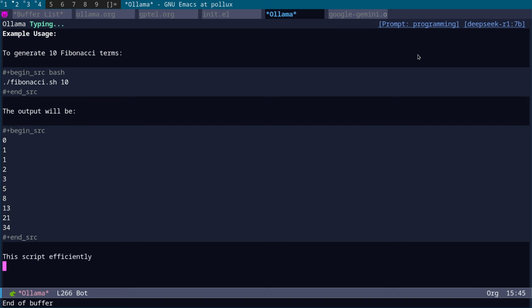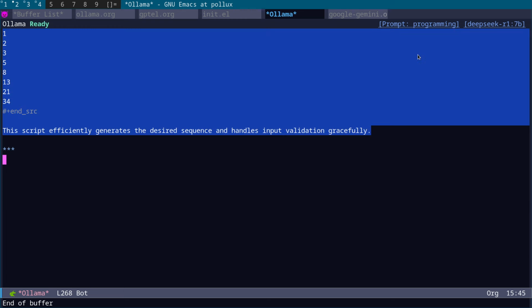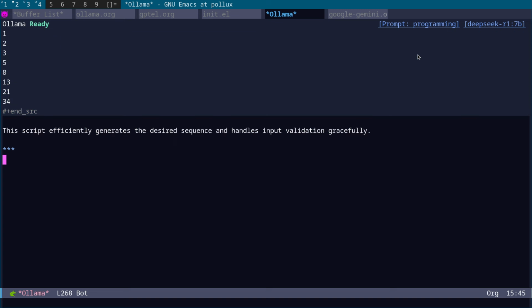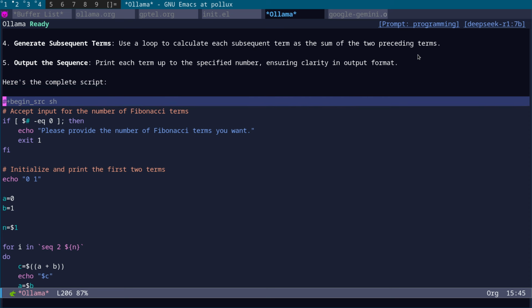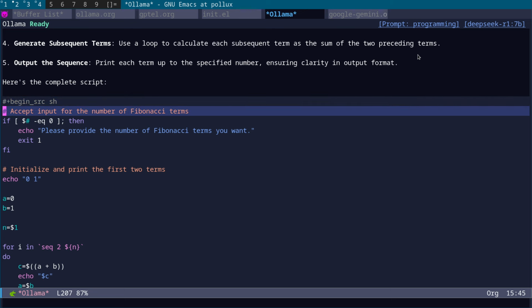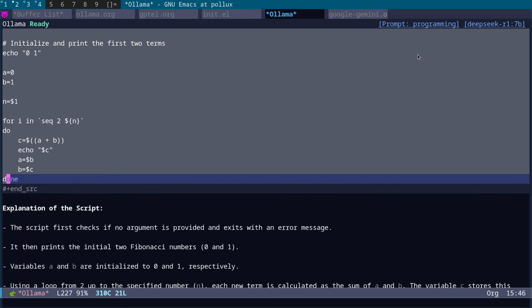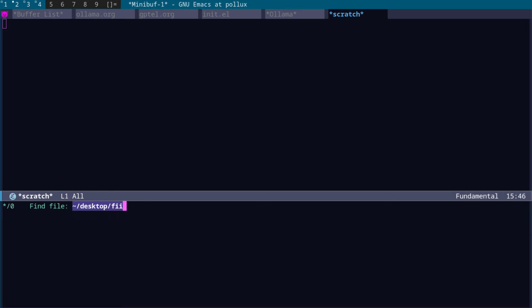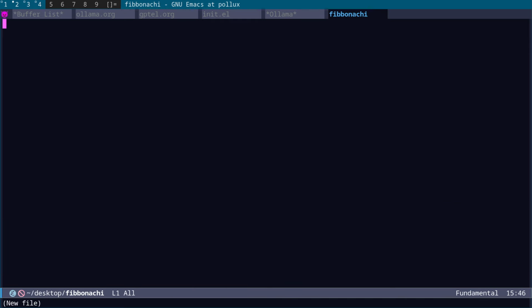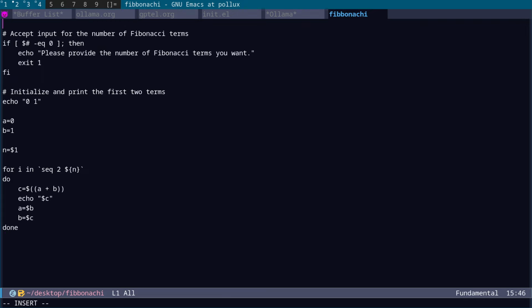So what we're going to do is try running this afterwards, after we've had a little read of it. So there you go. You can see now it's actually finished. Okay, so here we have got a shell script. So what we're going to do is just copy this. And what it hasn't done is provide a shebang. So what I'm not sure about is if there are any bashisms in this, because bash has a sort of different syntax. So Fibonacci, right? Paste that in, and it may be that I don't know if it's actually generated a